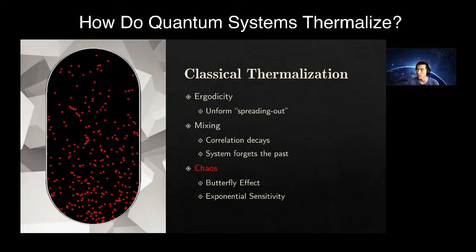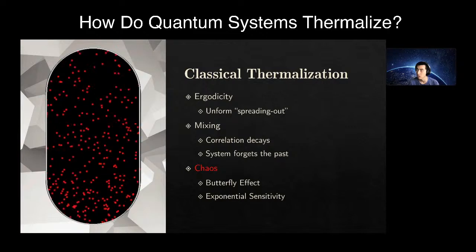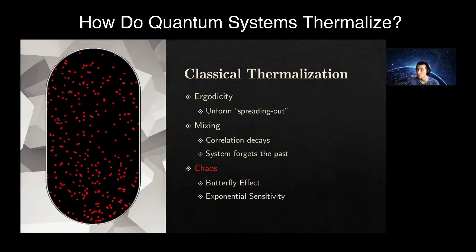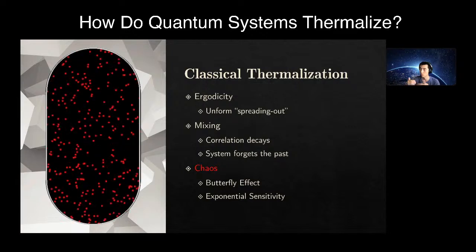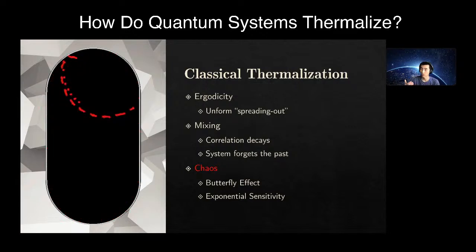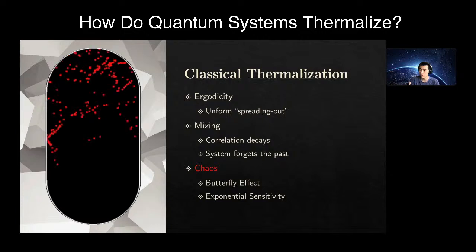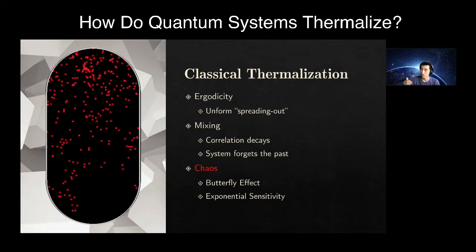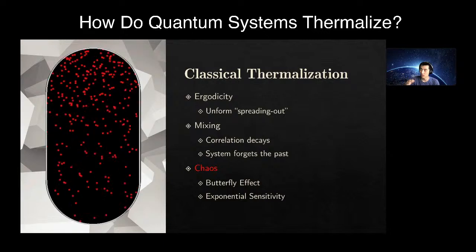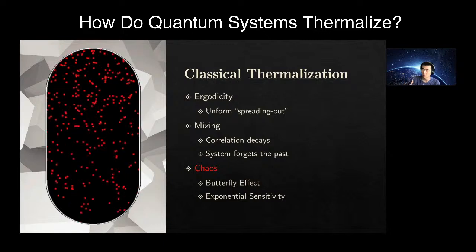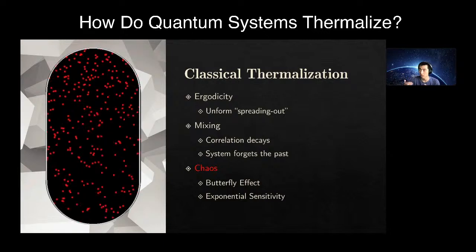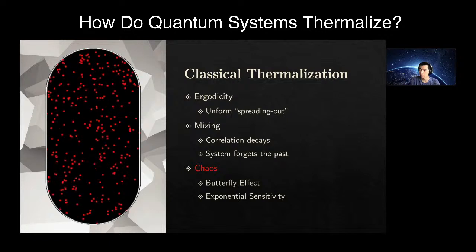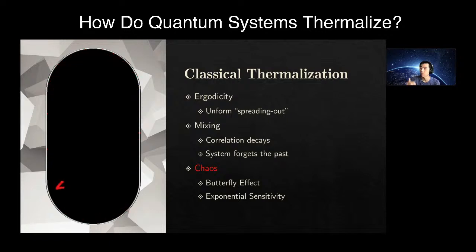And I think formally you can just look at the correlation between the particles, right? You can look at the correlation of the position of the two particles as a function of the initial position. And as time goes on, when a system mixes, that correlation will be smaller and smaller. That means it's harder to predict what happens next. Chaos takes it to the extreme form where this correlation gets small, but